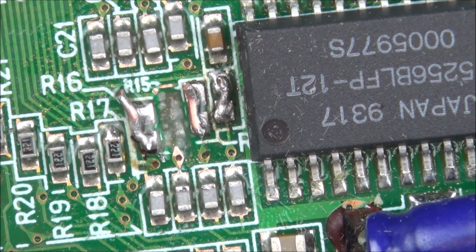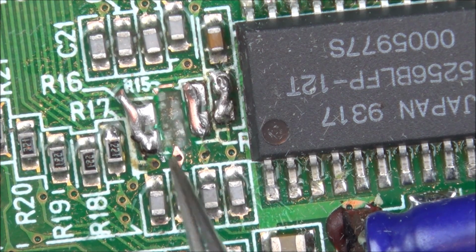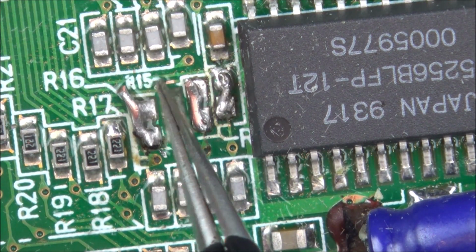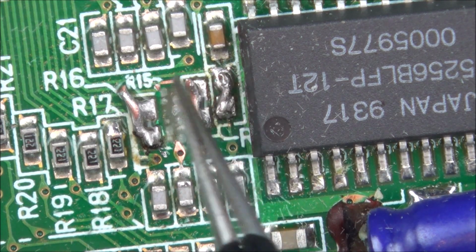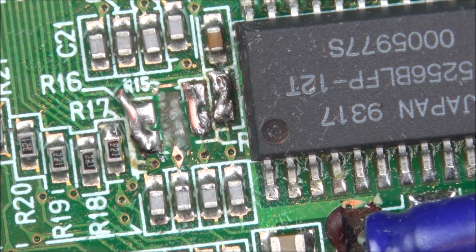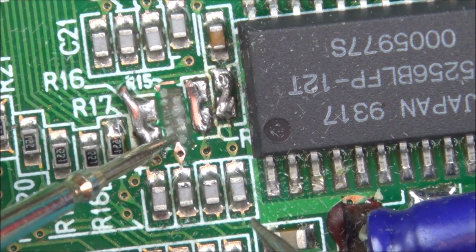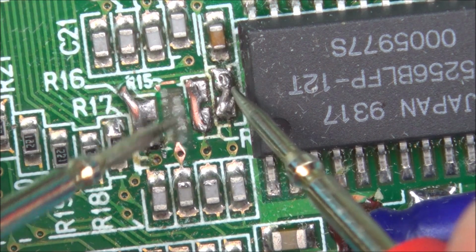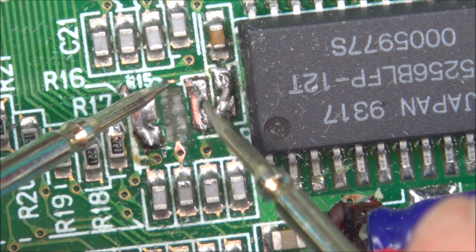Right, so you can see now that we've got a tiny pad here which goes to this, so that's fine, I can join to that. And where this goes to, I don't know. I wonder, does it go to there? Let's see. Okay, so I've got my meter on continuity. And let's go on to here. So we definitely know that that's the one there. Right, so that's fine, we can solder to there. Now let's see where this goes. Excellent, so all I have to do is...